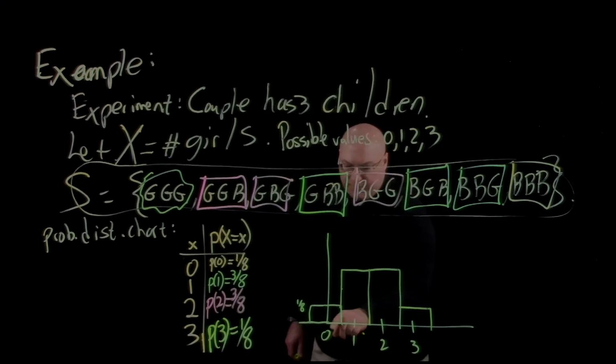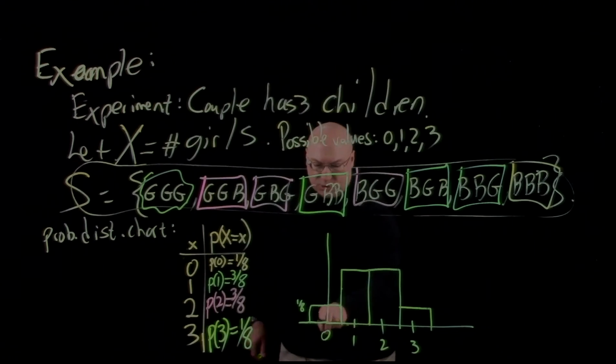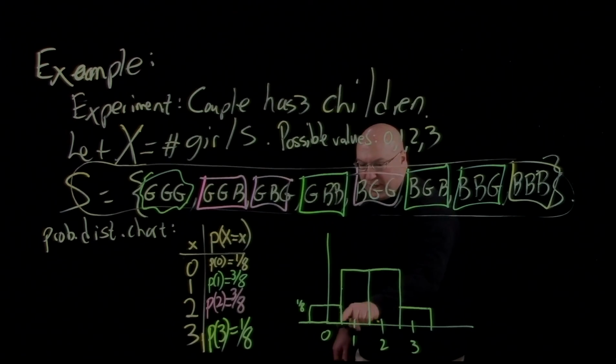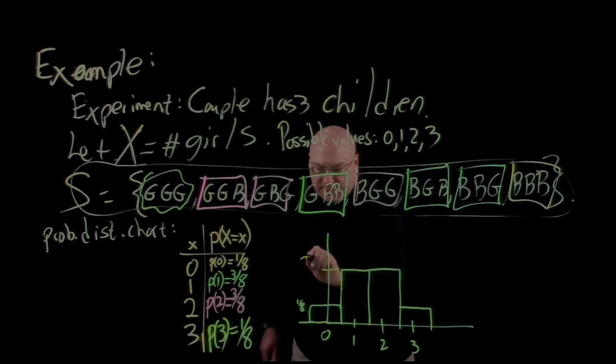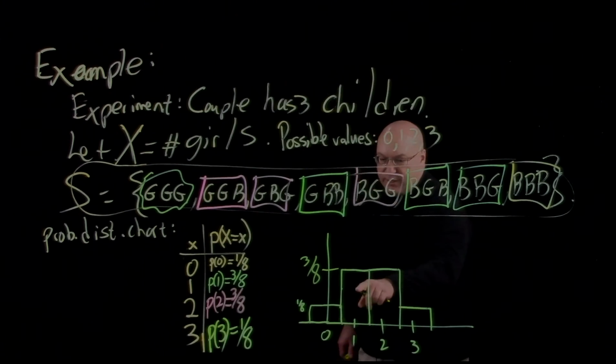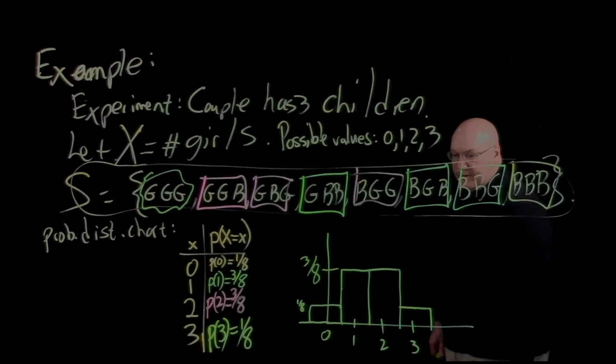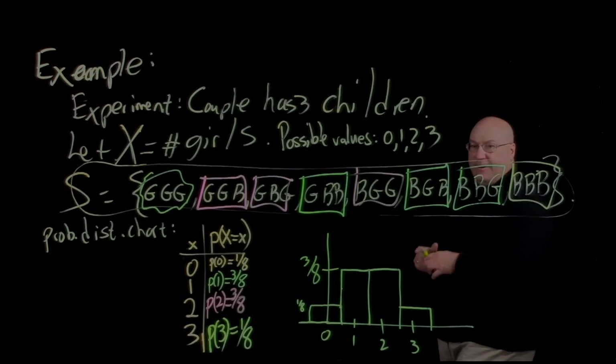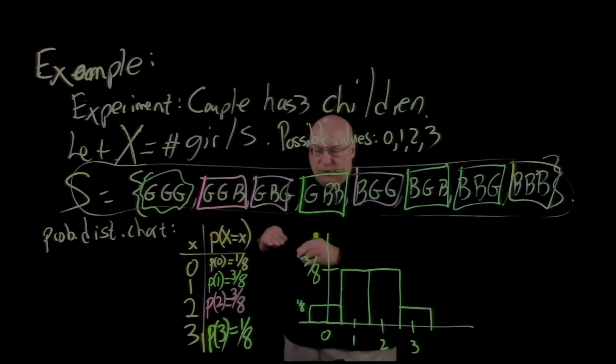So the probability of the area here is, this is 1 wide and 1/8 tall. So the probability of 0 girls is 1/8. Probability of one girl is 3/8. Probability of 2 girls, the area there is 3/8. Probability of 3 girls, the area there is 1/8. All right, next lecture we'll do an even more